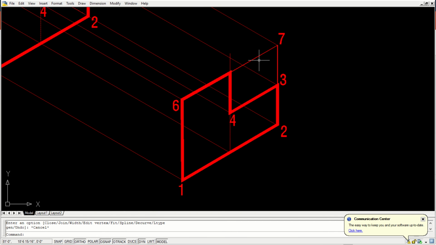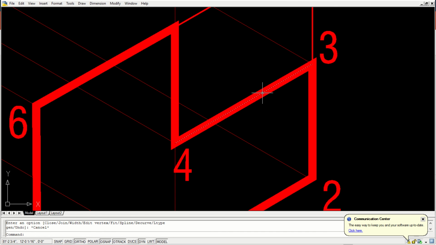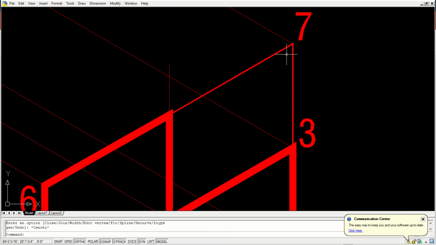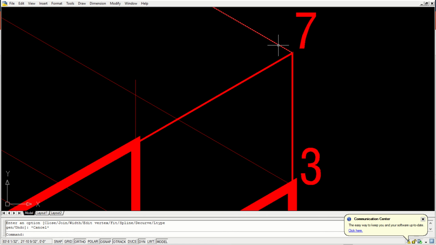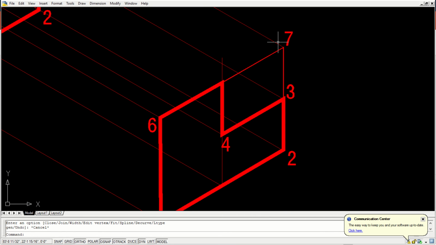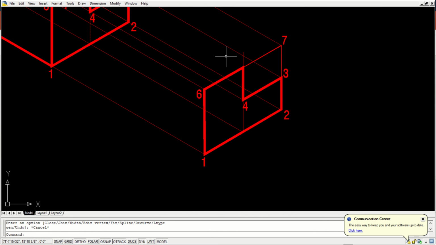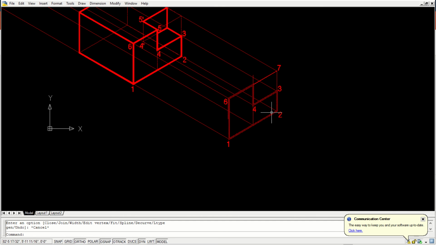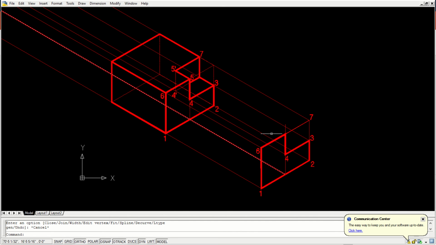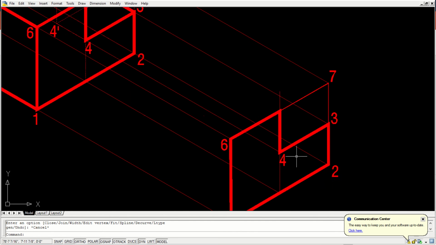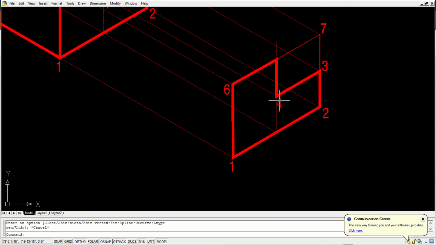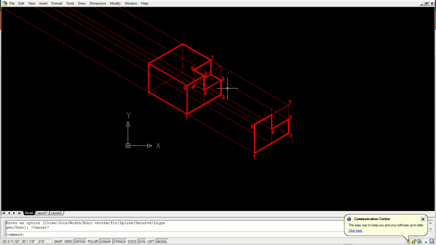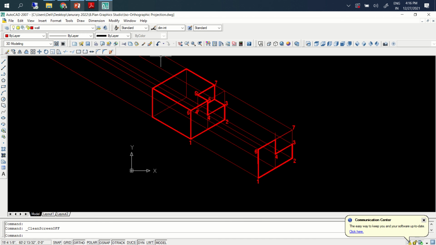When you do line weights, please don't make such a thick line weight. I'm doing it just for explanation purposes. Slight thickness should be there compared to your construction line. So that's how you project and construct the orthographic drawings. Okay, I am done. If you have any questions, you can ask me.